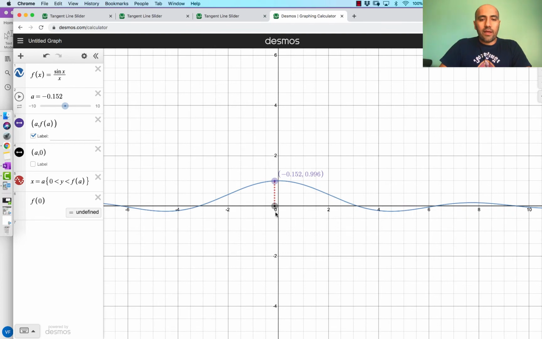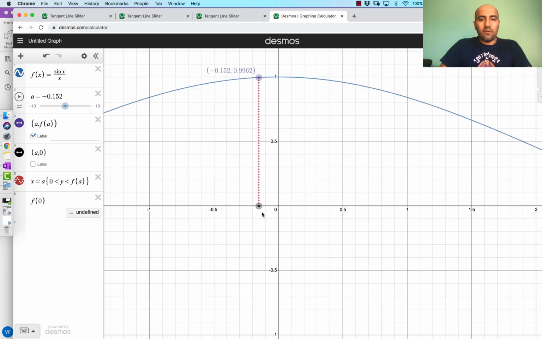And then right around 0, as the input values get closer and closer and closer to 0 from either direction, from this direction or from this direction, in either way, it looks like the output of that function is getting really, really close to 1. Right? Remember that technically there's like a little hole here, right? Because this function is not defined at 0. If we try and plug in a 0, we're going to get an undefined. So this is a little bit misleading. We can't really tell that there's a little hole there, but we can see that it's heading